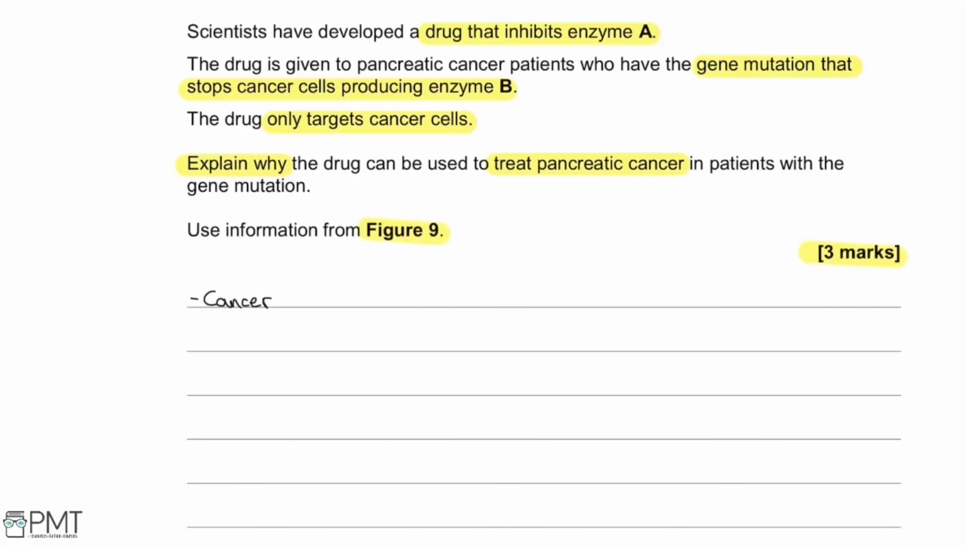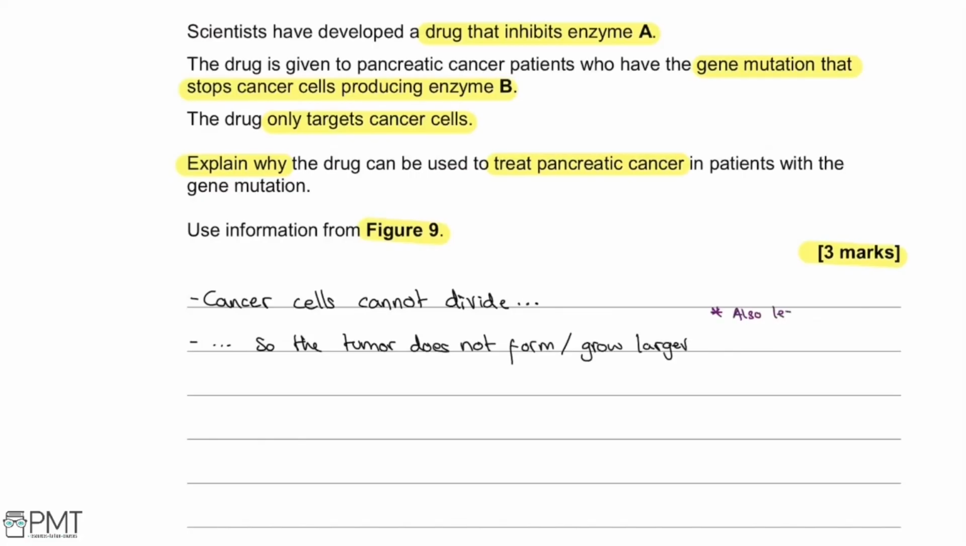So in this person, enzyme A is being inhibited, and then they've already got the mutation that stops cancer cells producing enzyme B. So that means there's no enzymes allowing the cancer cells to divide. So that's your first mark, cancer cells cannot divide. As a result of this, the tumour doesn't form, or if they've got an existing tumour, it doesn't grow any